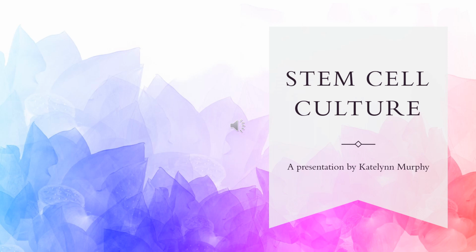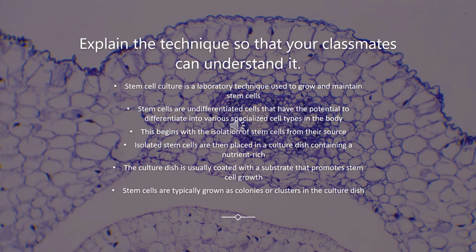My presentation is on stem cell culture for Module 5. Stem cell culture is a laboratory technique used to grow and maintain stem cells in controlled conditions outside their natural environment. They are undifferentiated cells that have the potential to basically be changed into various specialized cell types in the body. The technique of stem cell culture involves creating an environment that mimics necessary conditions for stem cell growth and